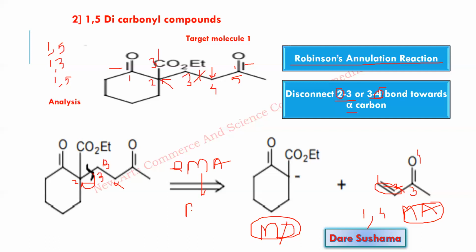reaction prefers a mild condition. So why does it prefer a mild condition? The reason is that you have to go with the 1,4 addition reaction. If you use a strong reaction condition, then 1,2 addition takes place, that is, here is 1 and here is 2. If you don't want 1,2 addition, then always prefer a mild reaction condition. So this is a Michael donor and this one is a Michael acceptor.